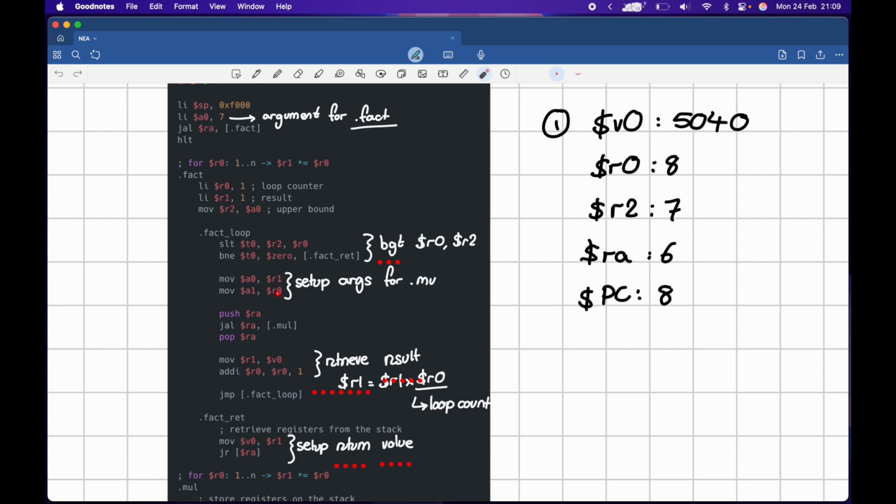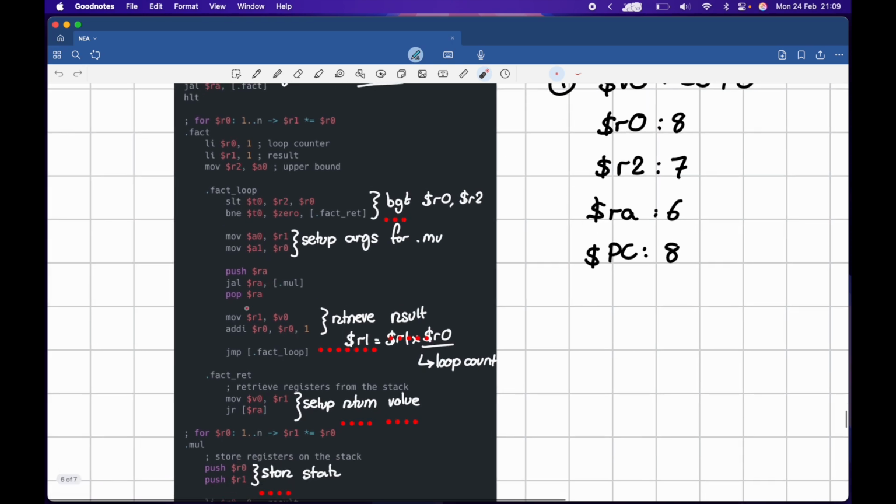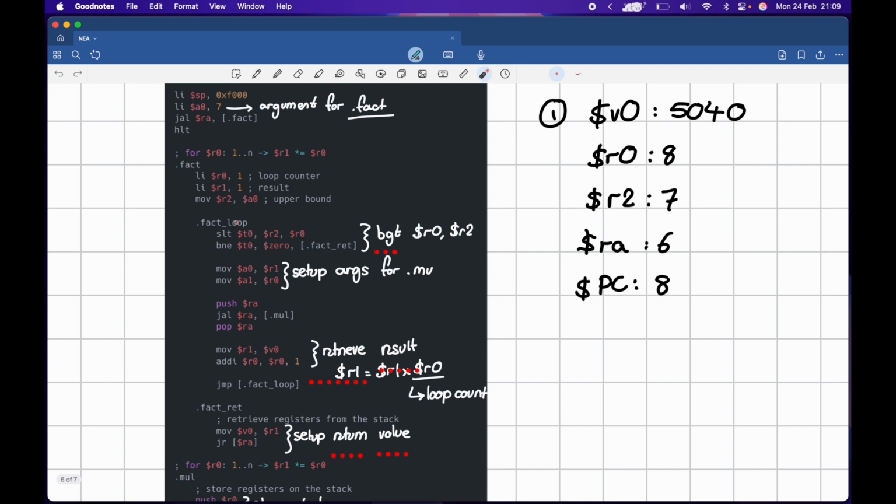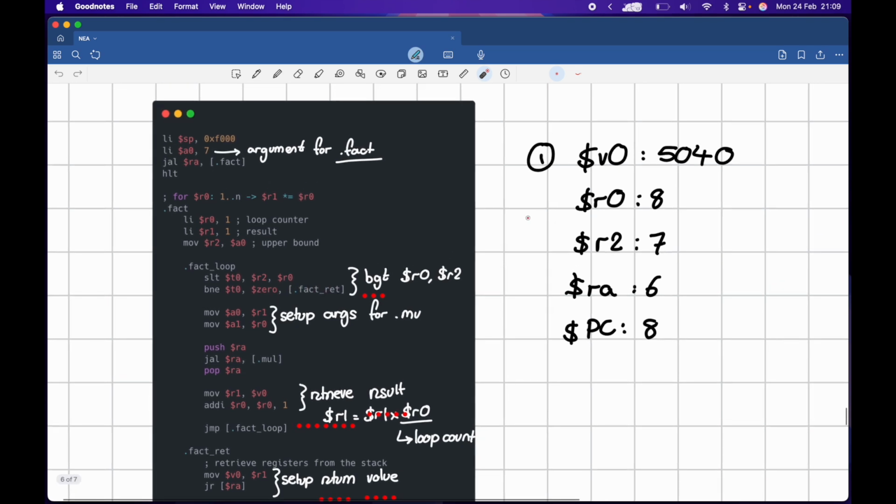Here, it multiplies the loop counter by the result each time, so 1 times 1 times 2 times 3 times 4 times 5 times 6 times 7. Yes, and then it returns the value in V0, the return address. This loop here is a branch if greater than, so this only terminates when R0 is greater than R2. So in the final state of the program, you should expect to see R0 is 8, because 1 greater than